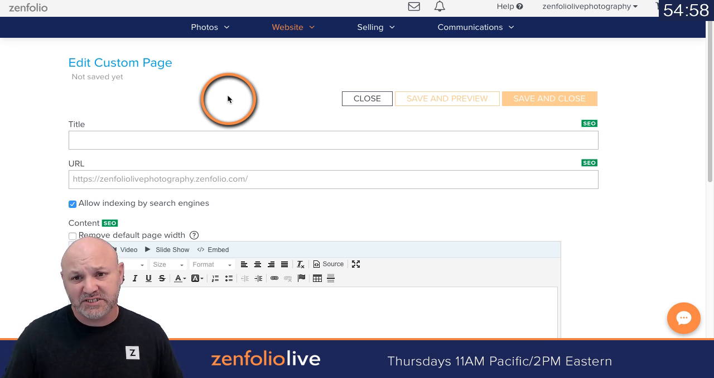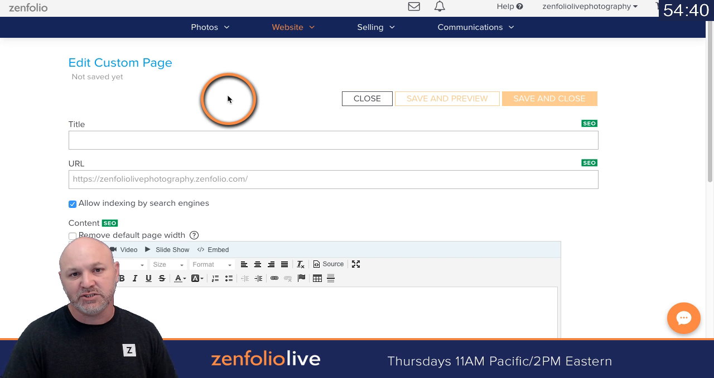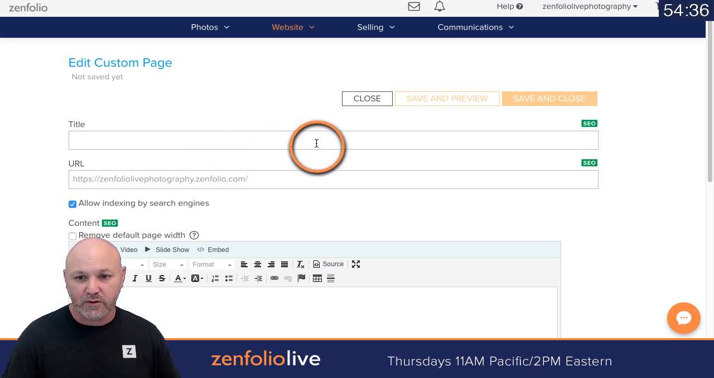Now, it's really tempting just to put something in here like portfolio and leave it at that, right? Because it's going to be kind of our portfolio. But we want to think about our SEO, because this title is the page title. It doesn't necessarily have to be what it's called on our website when we link to it. I'll show you guys that in a second. So in this title, instead of just leaving it at portfolio,